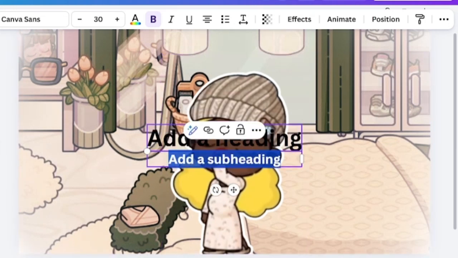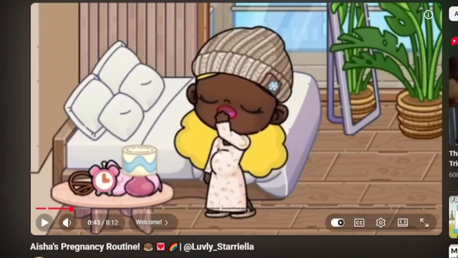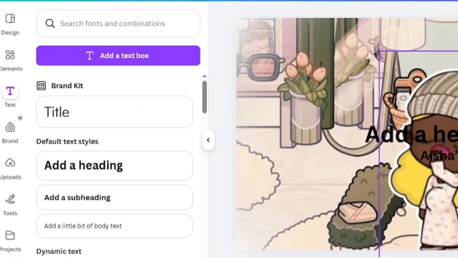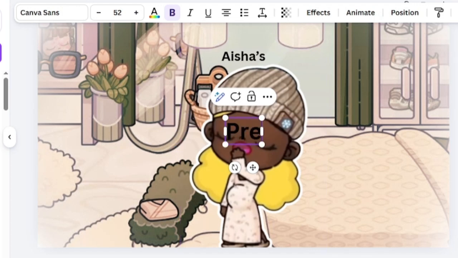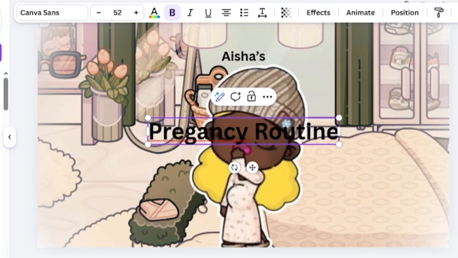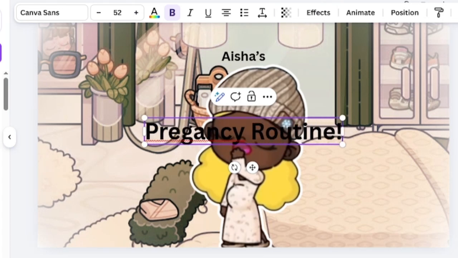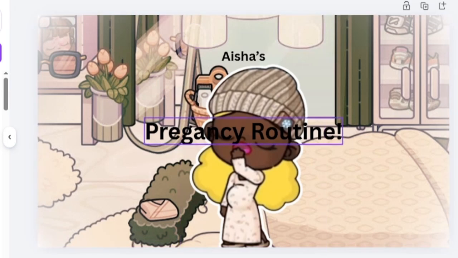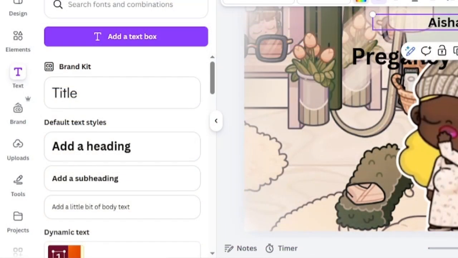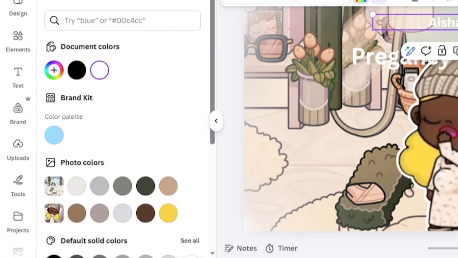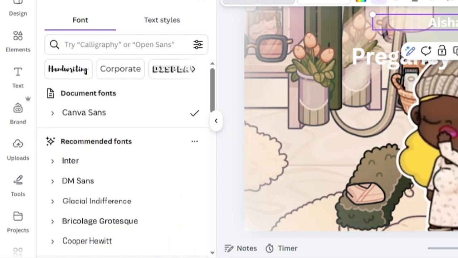In the subheading, since we're copying the one for this video, I'm gonna write this, and in the heading I'm gonna write this. So then I have to change the font color of both of them to white. I just press change all to change both of them. Then I go to change the